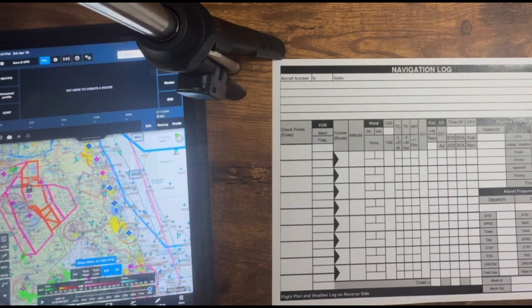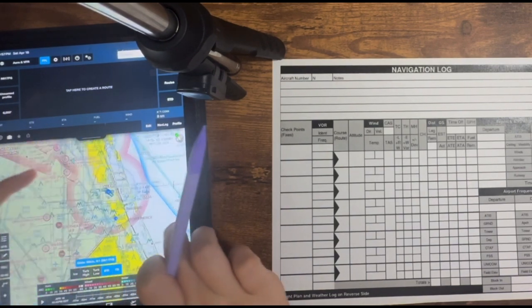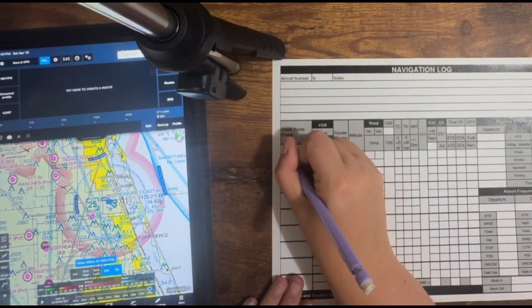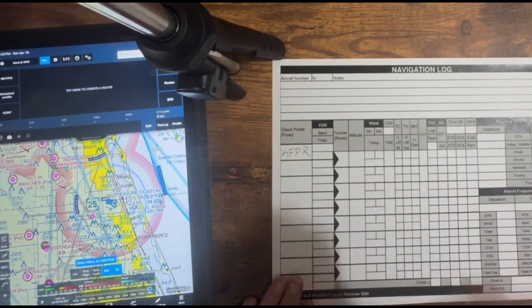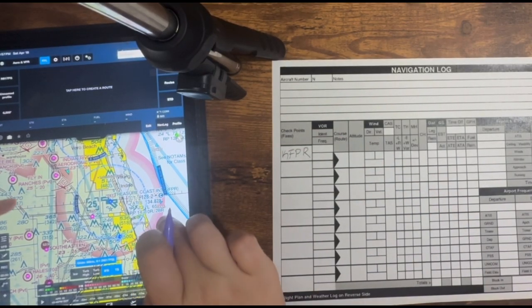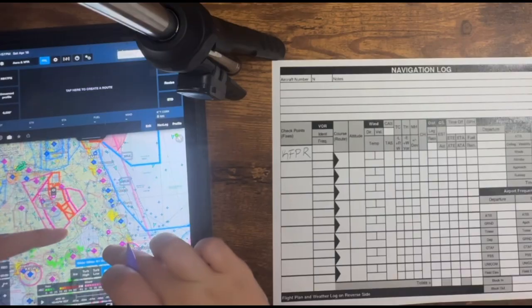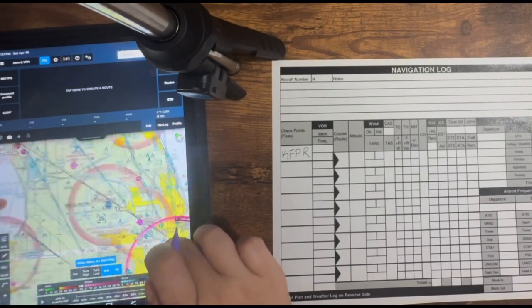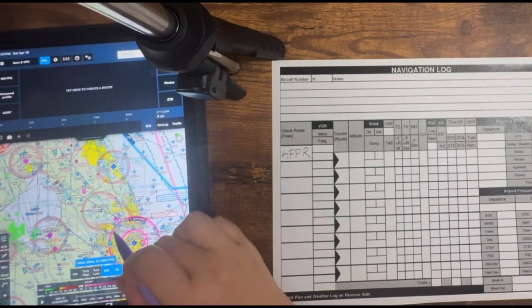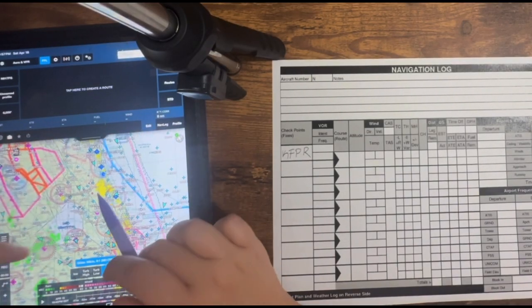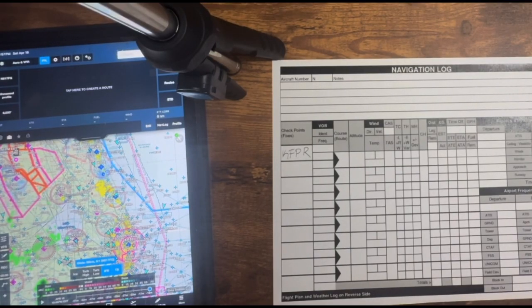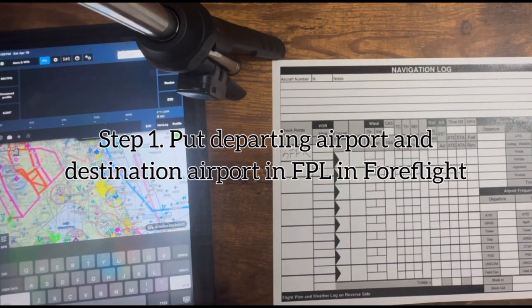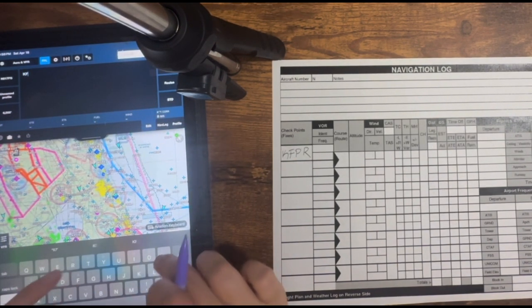Let's get started. We're going to depart from Kilo Foxtrot Papa Romeo, or Fort Pierce. So I'm going to write that as my first point, KFPR, and we're going to do a navlog, let's do Foxtrot 45, since we have some airspaces and it's not too far, so that I can show you how to properly plan that. So what I like to do is go up here, I type in KFPR,